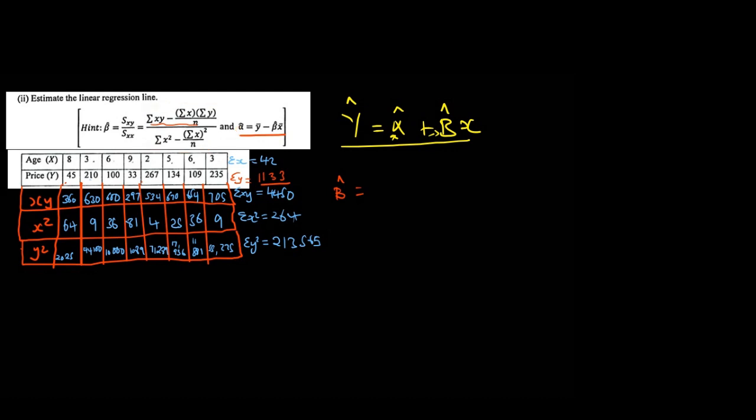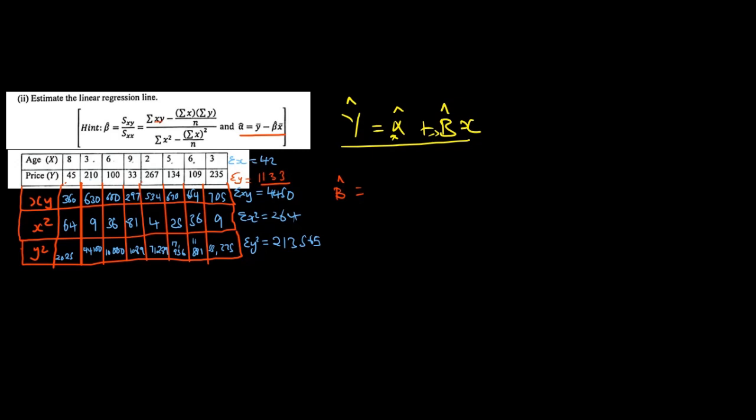In the numerator, we have the summation of xy minus summation of x multiplied by summation of y, divided by n, and then in the denominator we have the summation of x squared minus summation of x squared divided by n. So what is our summation of xy? Summation of xy is this value here, which is